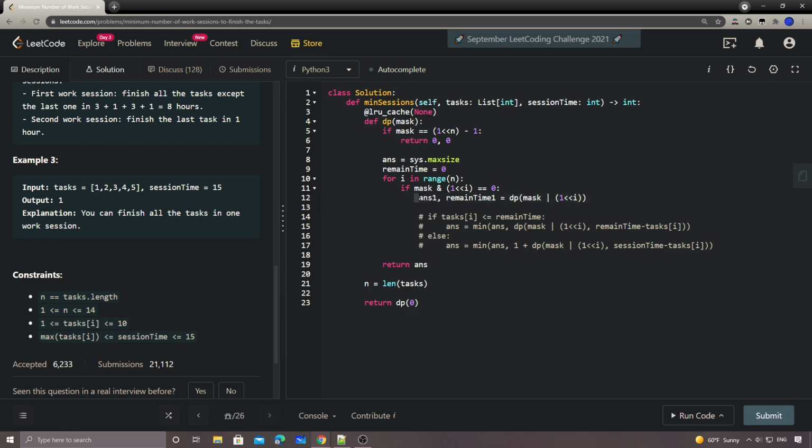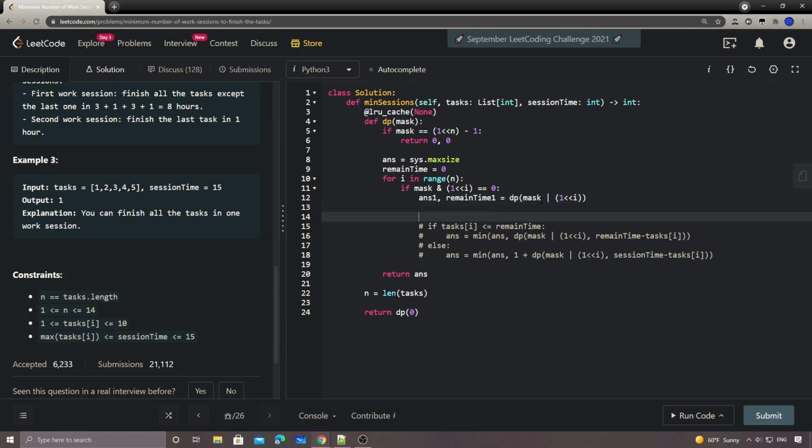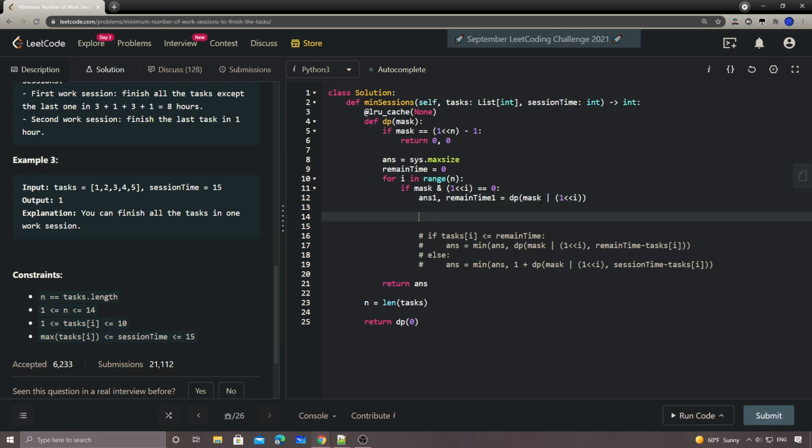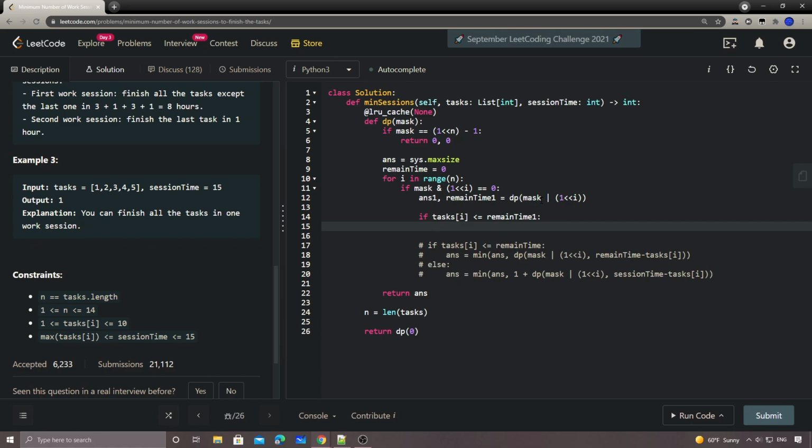So now we have 2 values returned. So what are we gonna do here? We're gonna do the similar check, right? So basically, if the task I can be fit in this remain time returned from the DP, we're gonna update the remain time, right? Remain time 1 equals tasks I. Okay,